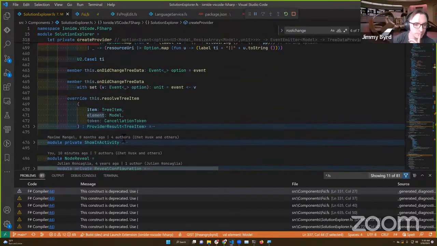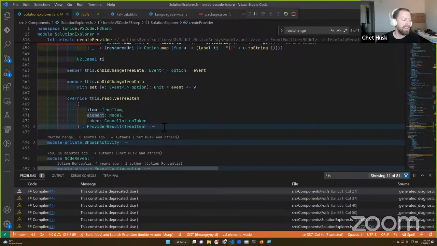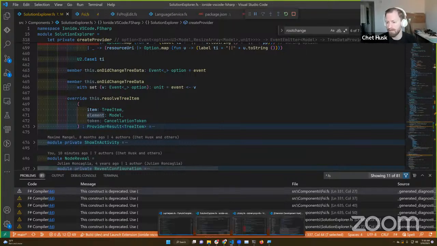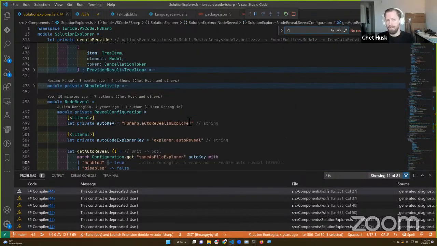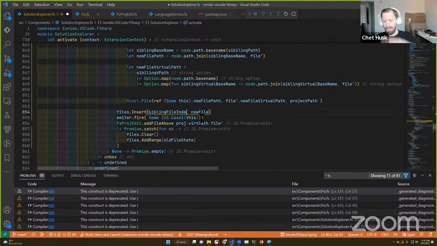Right. So, and that is a much bigger change, probably. It grew a little bit, yeah. For everyone else, this is not uncommon working in editor tooling overall. If you are able to stay within the lines of the raw LSP spec, right? If you're making a change to completion, or to the way tooltips get rendered, those are generally fairly localized. You can make a change in FSAutocomplete, you can test it, and you can just hover over the thing and see the change and iterate in that way.